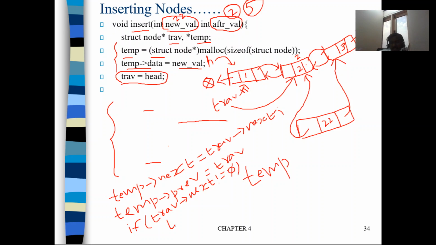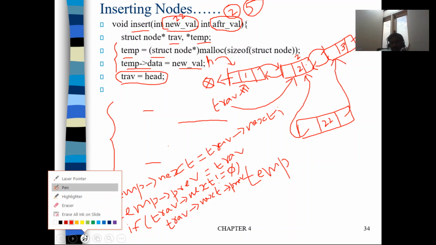traverse arrow next arrow previous. Traverse arrow next is node 3, and arrow previous is node 3's previous. So node 3's previous is equal to temp.